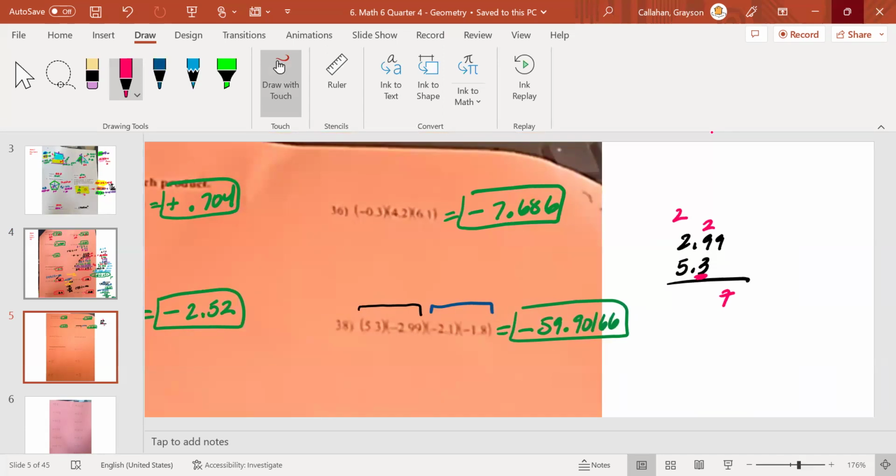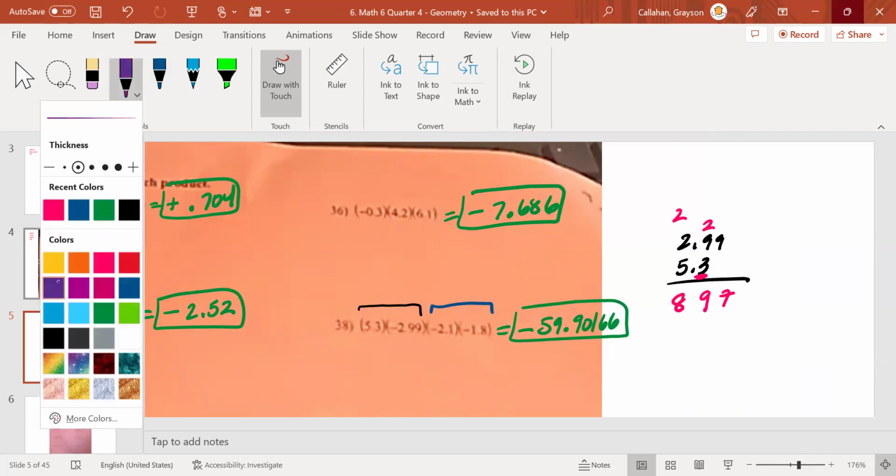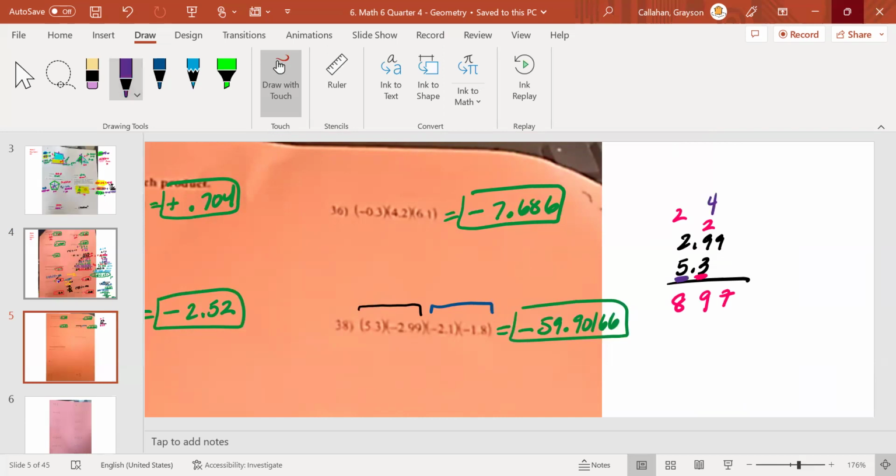3 times 9 is 27, plus the 2 is 29. 3 times 2 is 6. 6 and 2 is 8, right? Then let's do the 5. 5 times 9 is 45, plus the 4 is 49. 5 times 2 is 10. 14, right? Now, what you want to do is take a look at